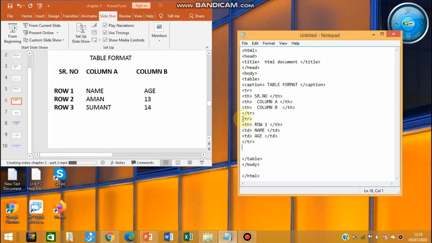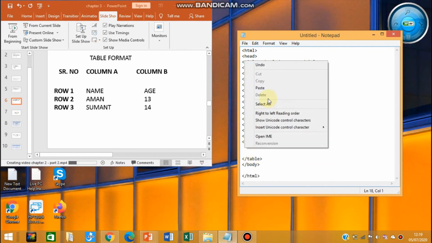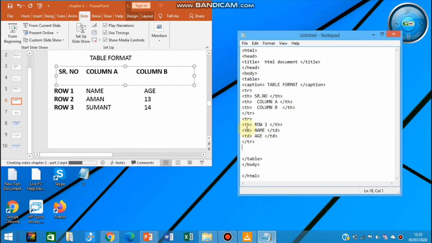Let me just copy paste this much, because we are going to use the same tags for the remaining rows. This is the second row of the table, that is row 1, name and age. Then for the next row you have to analyze which tags you are going to use. The next row is row 2, Aman and 13. Here row 2 is the heading of that row, so for that you will again use the TH tag.